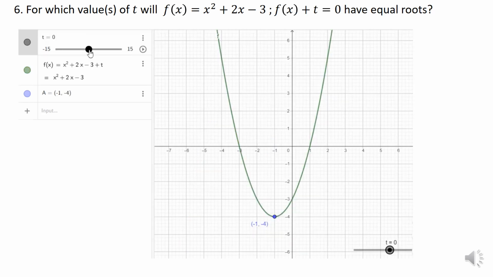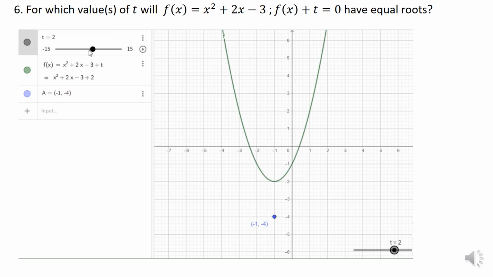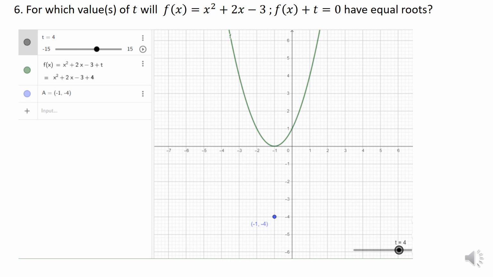Example 6. For which values of t will f of x equal x squared plus 2x minus 3, taking that equation plus t equals 0, have equal roots? To get equal roots or one root, you need to get that turning point on the x-axis. So you will notice again in the video me moving up the graph so the t value increases all the way to 4. So when my t value is equal to 4, it will give me my one or my equal